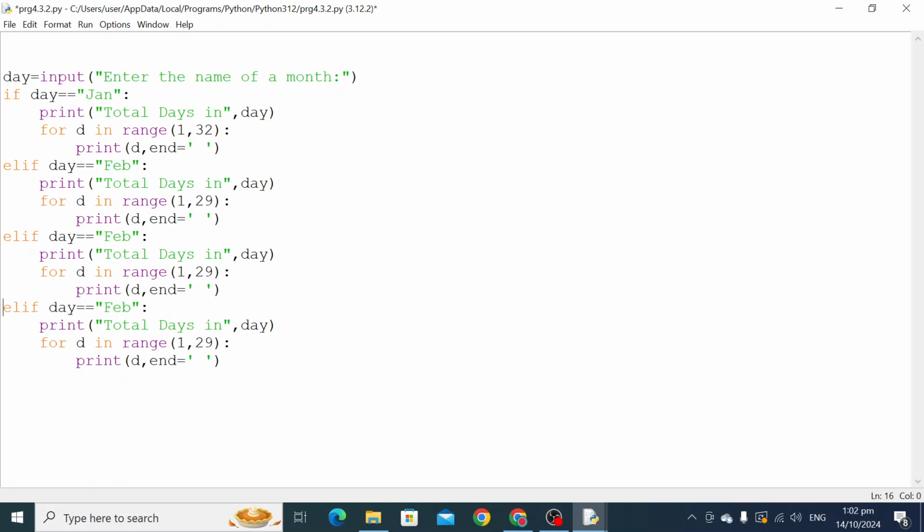Use indent very carefully because that is the main part. And if any condition is not going to be true, if the user is entering something wrong, not the proper format of the month, then it will tell the user: kindly enter only first 3 letters of a month. So let's run Feb 29. March